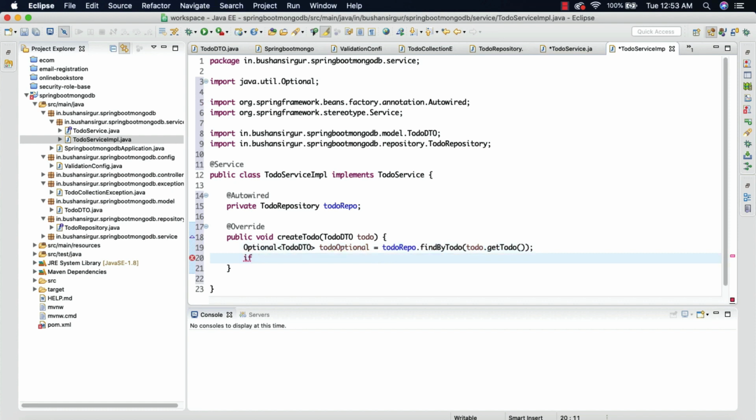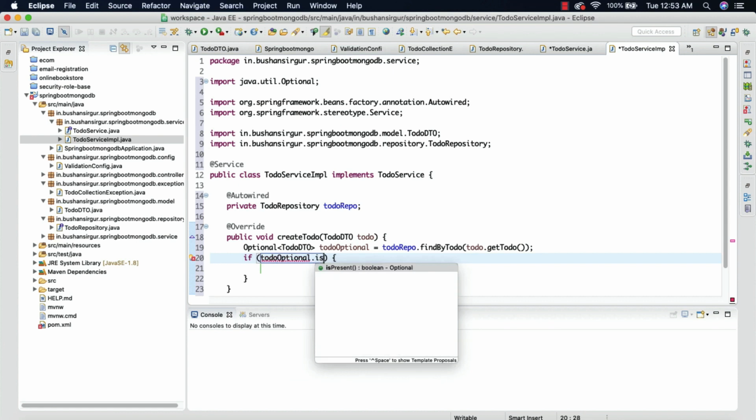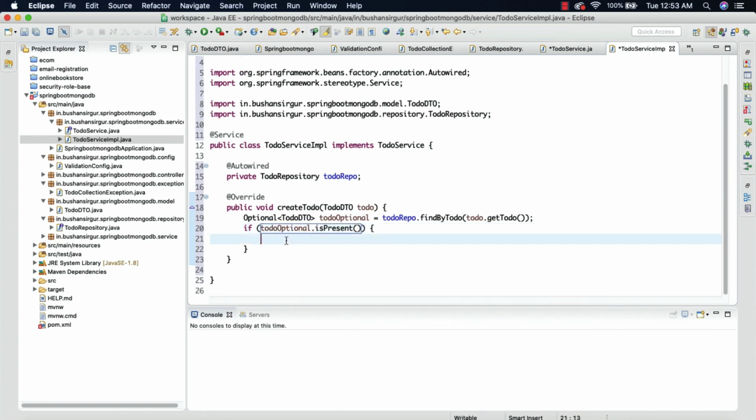We're going to check for the condition. If toDoOptional.isPresent, if it is present, then we know that the user is trying to save the duplicate toDo.